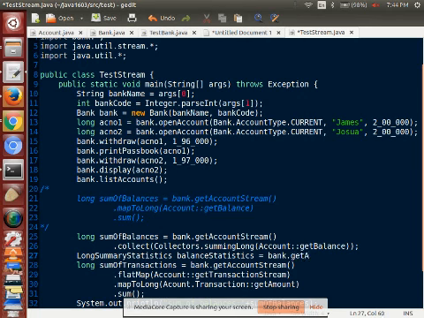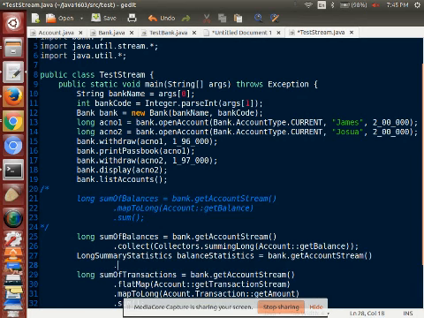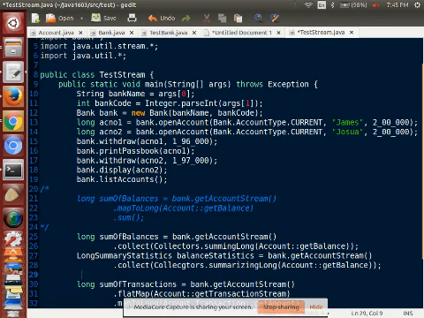Bank dot get account stream dot collect, and we have to pass collectors dot summarizing long, and the parameter is account colon colon get balance. Fine. So this is how you'll get the long summary statistics, and from that we might use sum of